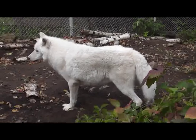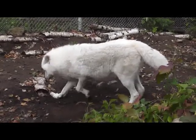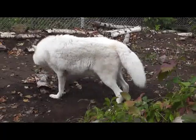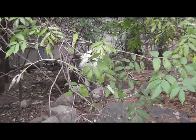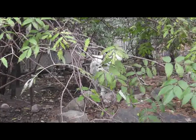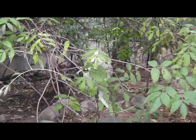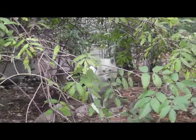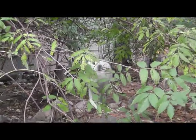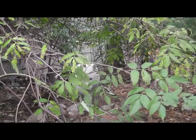And so Shadow does it right up in the front. He's got so many scrape marks here, he's got a kind of a little depression. But Malik, even though he's lower ranking, does his scraping a little bit more in cover, possibly because he's subordinate to Shadow, that he is maybe a little bit more intimidated to scrape and mark where Shadow has. Shadow will typically do an overmark where Malik marks, but the reality is in captivity, scent marking is not